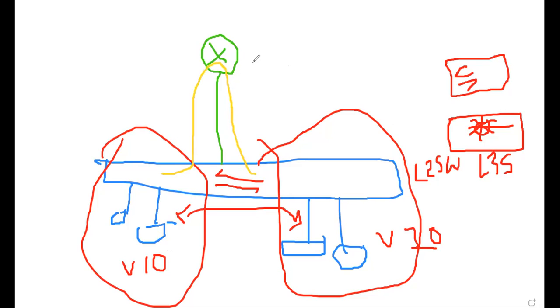And this functionality is called, when you have a router, in order to have a communication between different VLANs, then we call it router on a stick. Router on a stick. If you have a layer 3 switch instead of layer 2 switch, and the layer 3 switch will help us to perform routing, then we call it